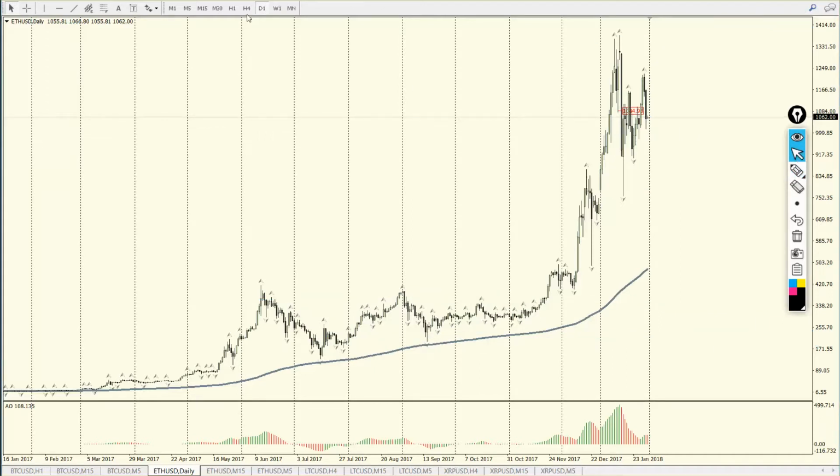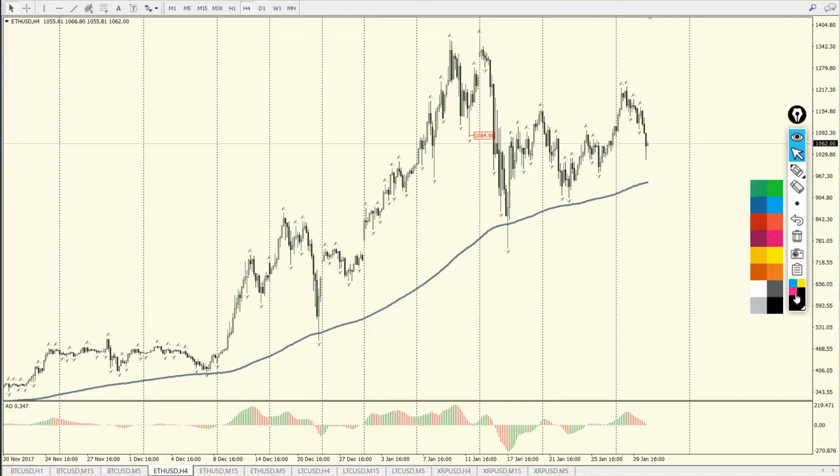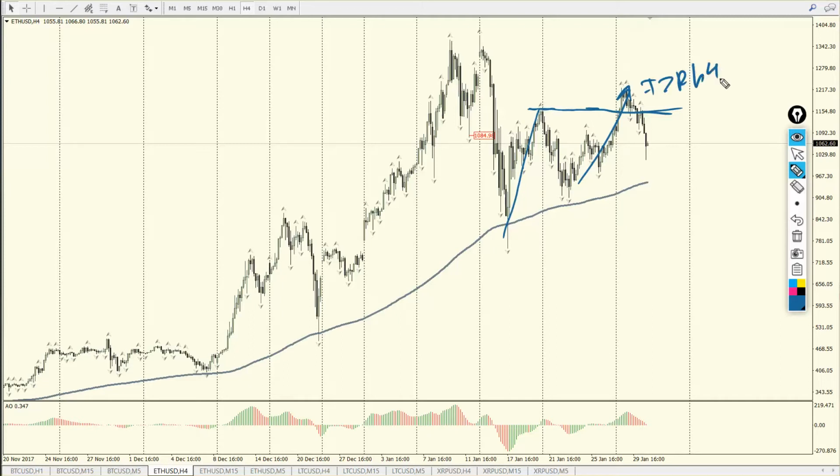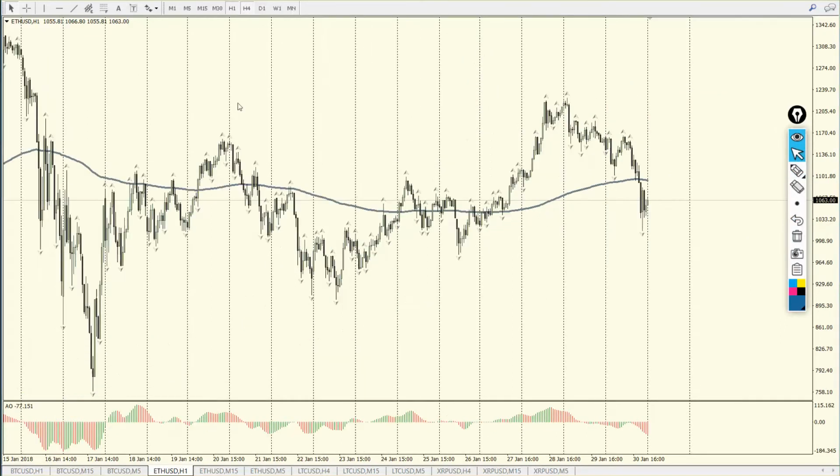For me as a day trader, I'll go to a smaller time frame and here you can see that's the reference point that I mentioned in my last video, and I mentioned that once we break through this reference point, an FZR of H4 up will happen, and the trend phase up will start. And this is the situation again where you have to know those reference points yourself so you can go step by step with the market.